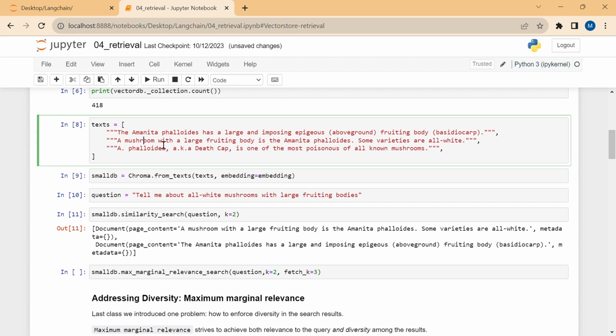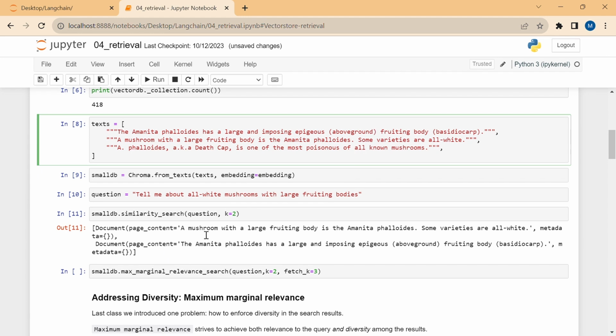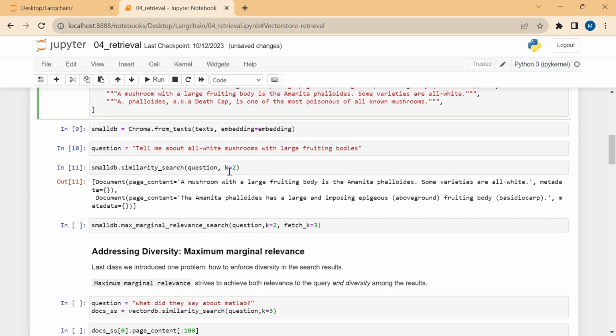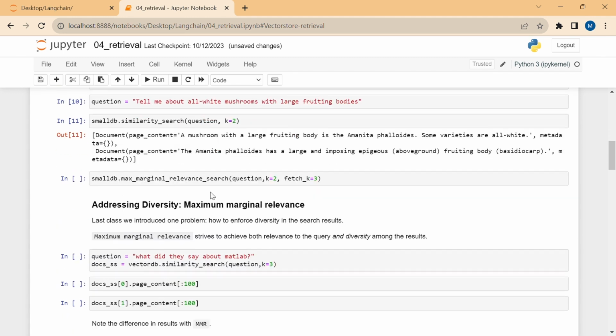Obviously this is the answer. It's also giving me one more answer, fruit body, which contains the thing present in the question, based on the similarity search. It is giving me only two answers because we are mentioning k as 2.